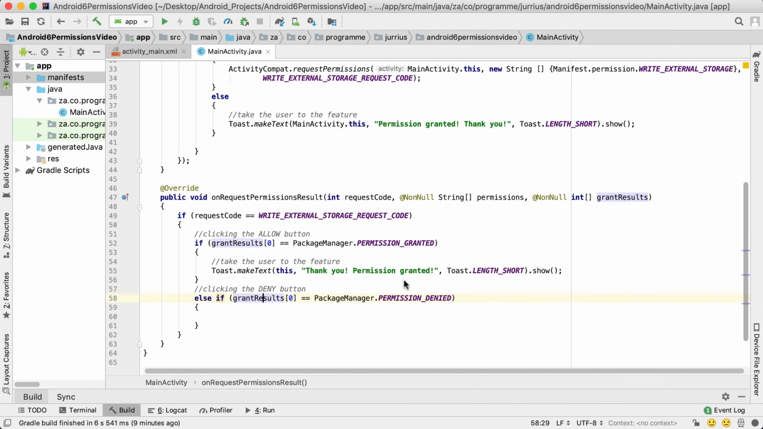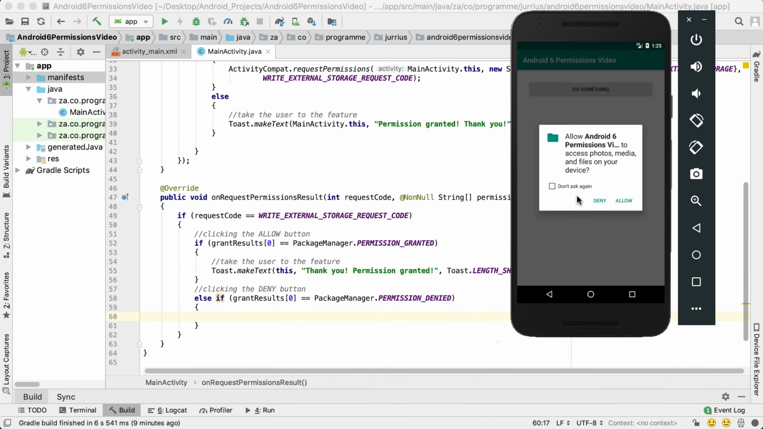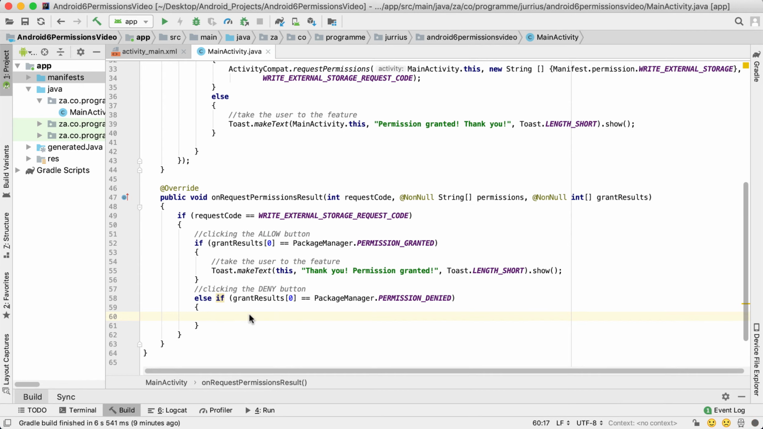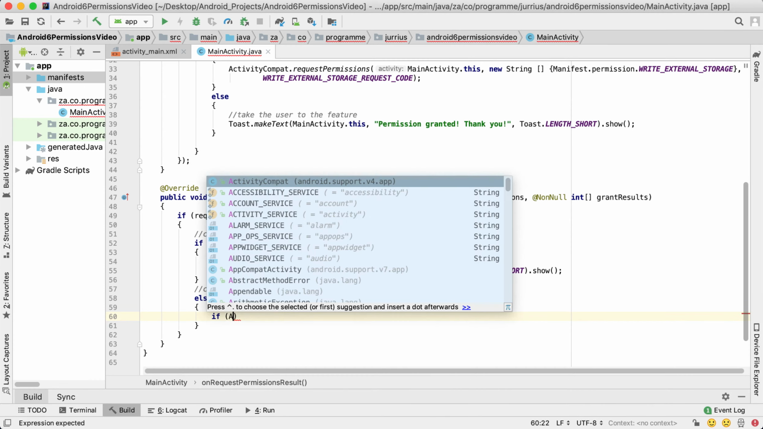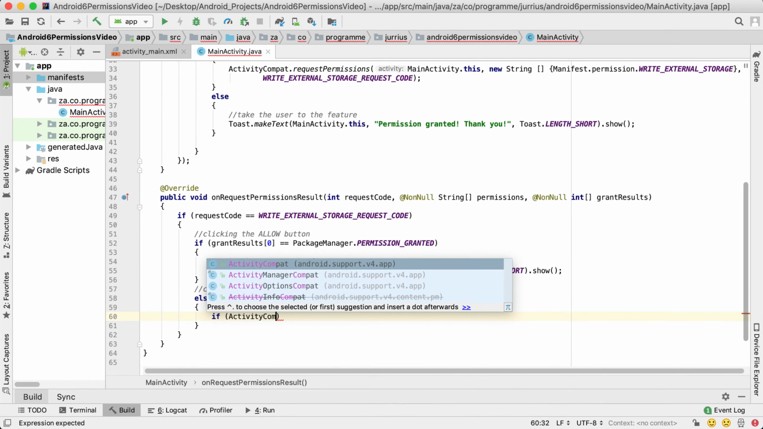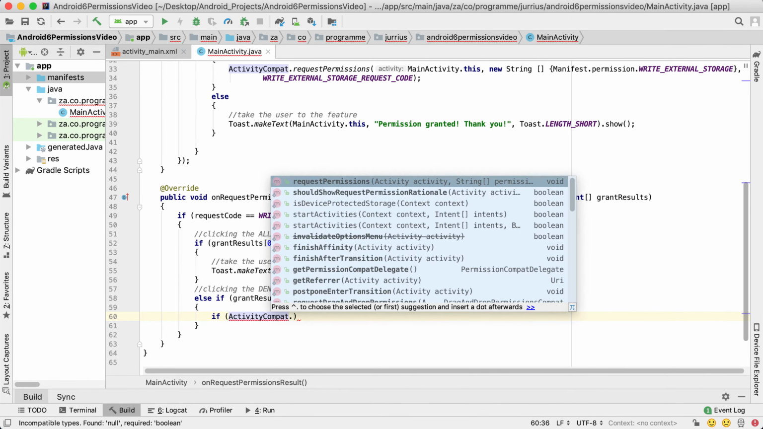So we're checking if the button of deny is clicked. And now inside of this else if, we need to go and check whether this checkbox was clicked or not. Okay, when clicking on deny, what we're going to do here is test in here if ActivityCompat.shouldShowRequest